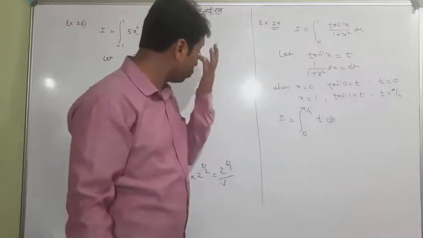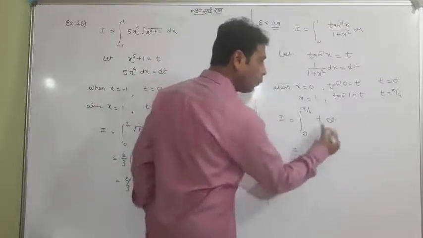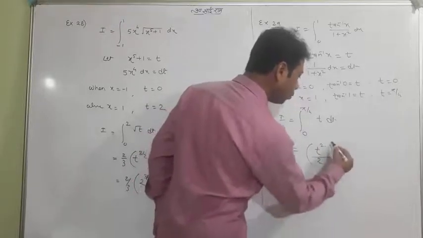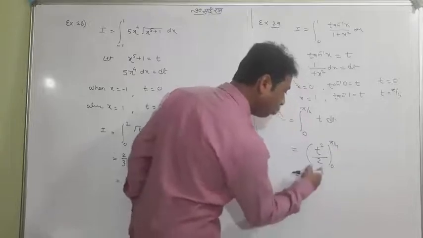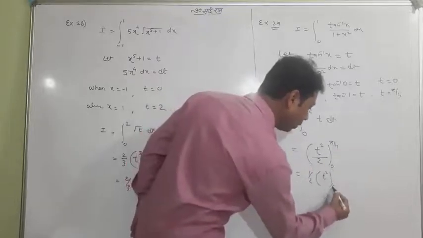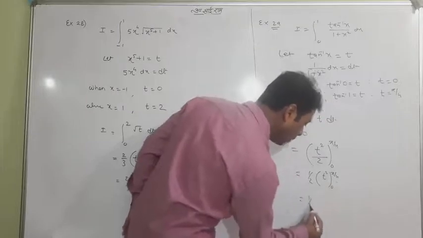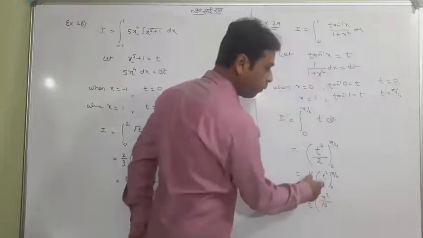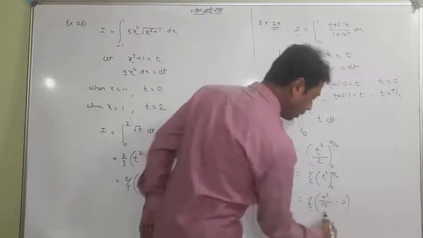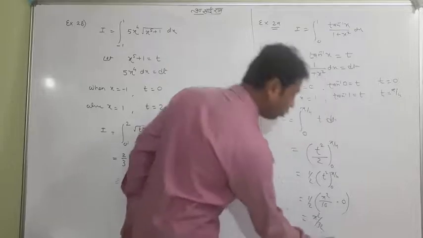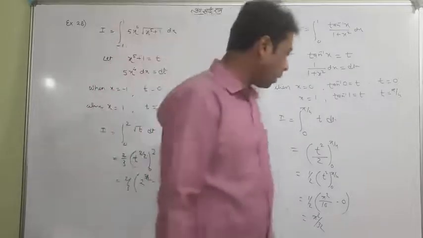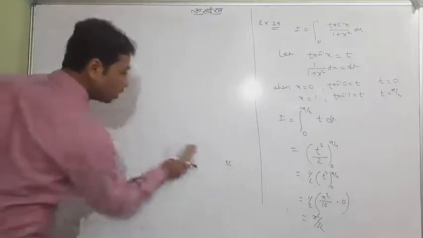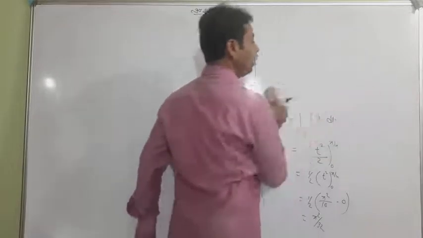Now students, what to do? It's just to integrate. t to the power 1 gives t to the power 2 upon 2, with the limit from 0 to pi by 4. 1 by 2 can be taken outside, and the limit from 0 to pi by 4 will be applied: put the upper limit pi by 4 in place of t, giving pi square upon 16, and 0 for the lower limit. So the whole answer is pi square upon 32. This is the completion. So it's nothing hard, very easy. This is the whole exercise based on the concept which I have just taught you in these 2 questions.